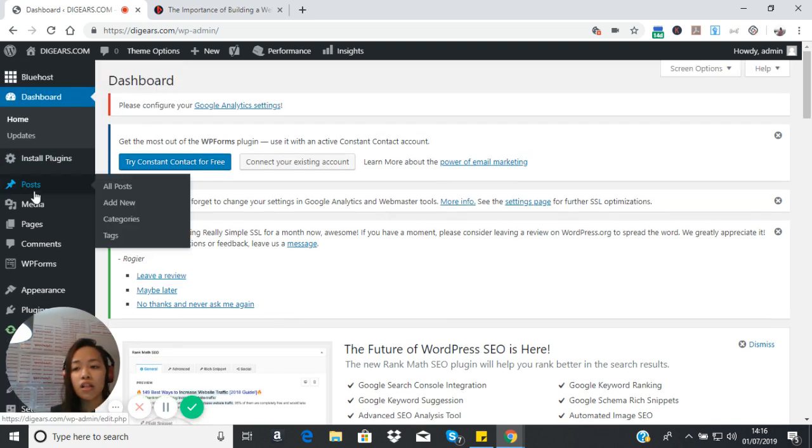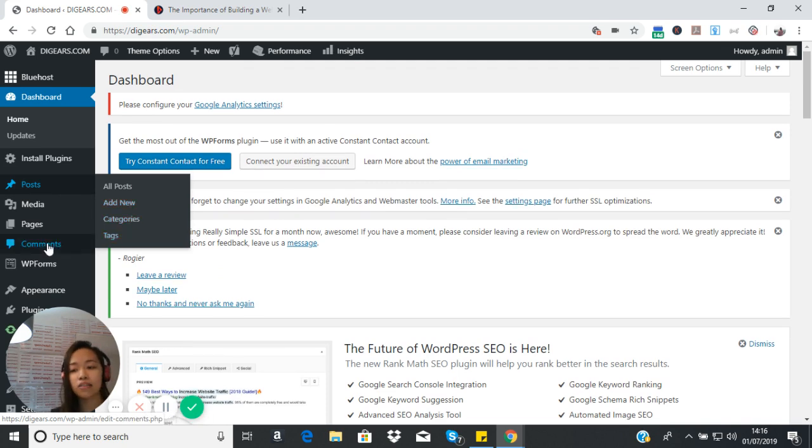So here, this is where you write your post. You can see all of your written posts. If you want to add new, if you want to edit your category and tags. So here, media